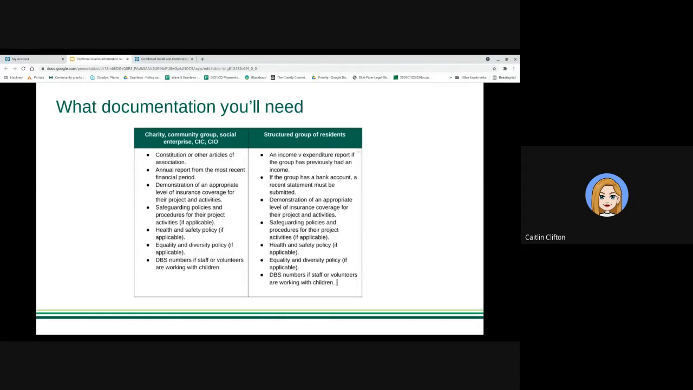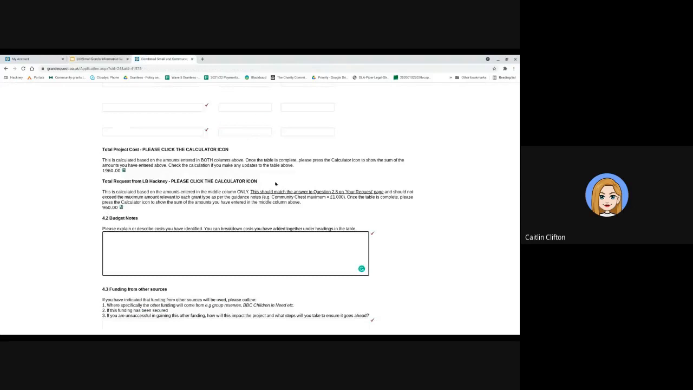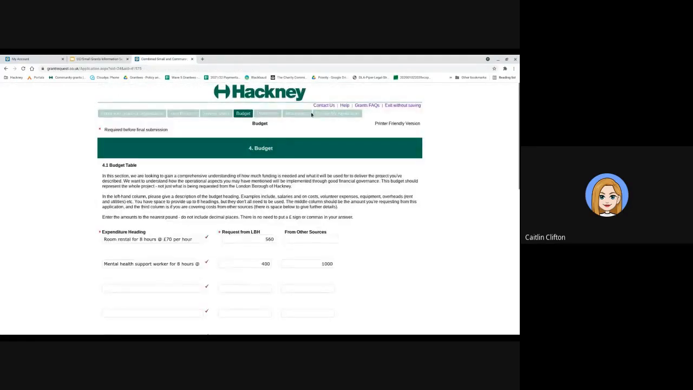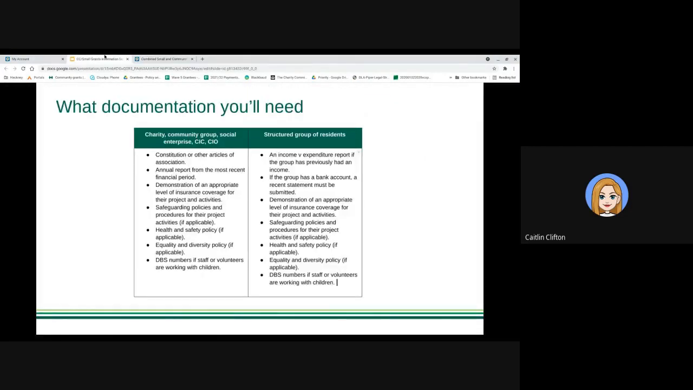Right, we've come to the end. What documentation you'll need. As I said earlier, what happens next after you have done your key information is that we ask you to attach a whole bunch of documentation. And it's really important to do this because if you are successful in getting a grant, then we can say you've been successful. Here's your grant agreement. We don't need to go back and forth asking for all of these things. So you're going to submit them all to us. We're going to check them before it goes to panel. And then if you are successful, we're going to get